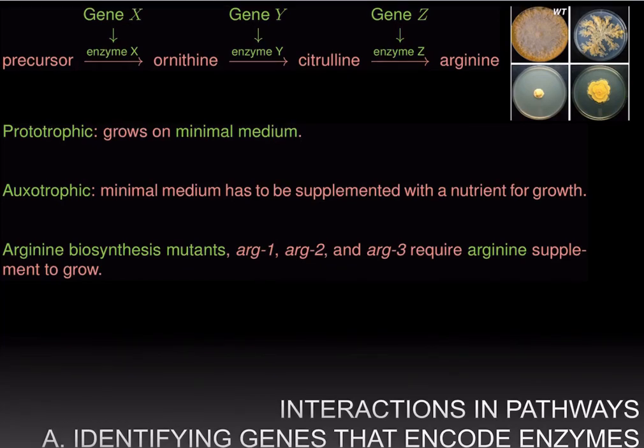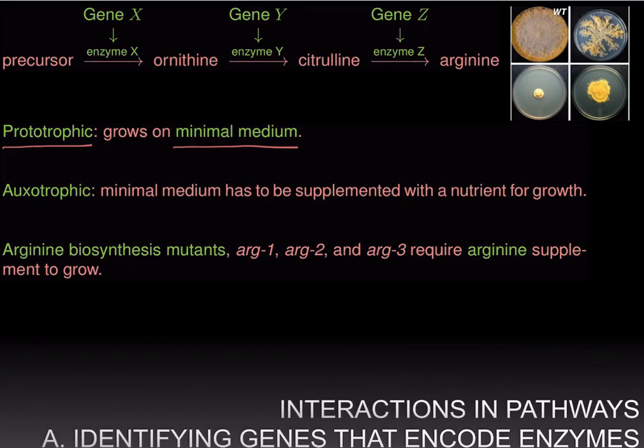Now, wild type Neurospora crassa are prototrophic, and that means that they can synthesize all the complex molecules if they are given certain salts and a carbon source, such as glucose. And this combination of salts and a carbon source is called minimal medium. And therefore, wild type microorganisms, it could be bacteria, Neurospora crassa, are capable of synthesizing all the complex molecules just starting from minimal medium